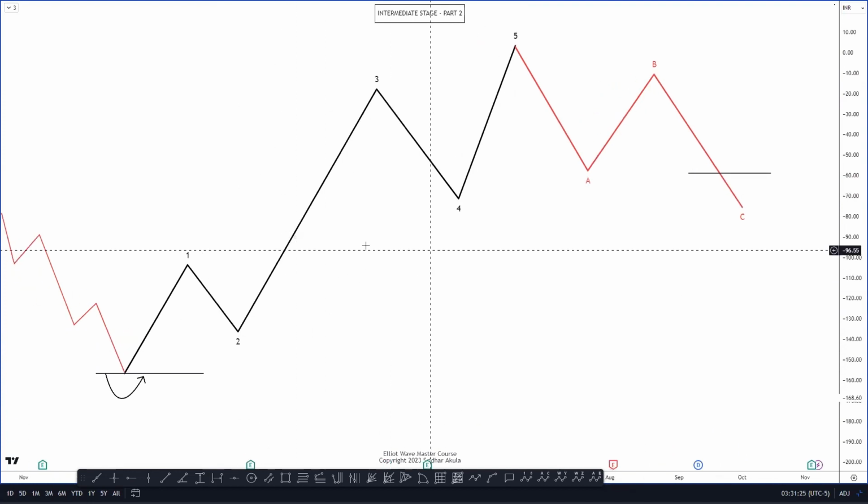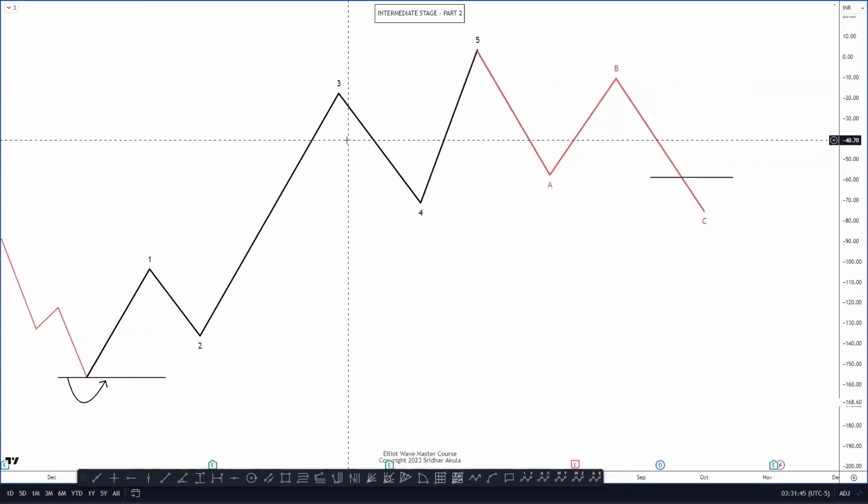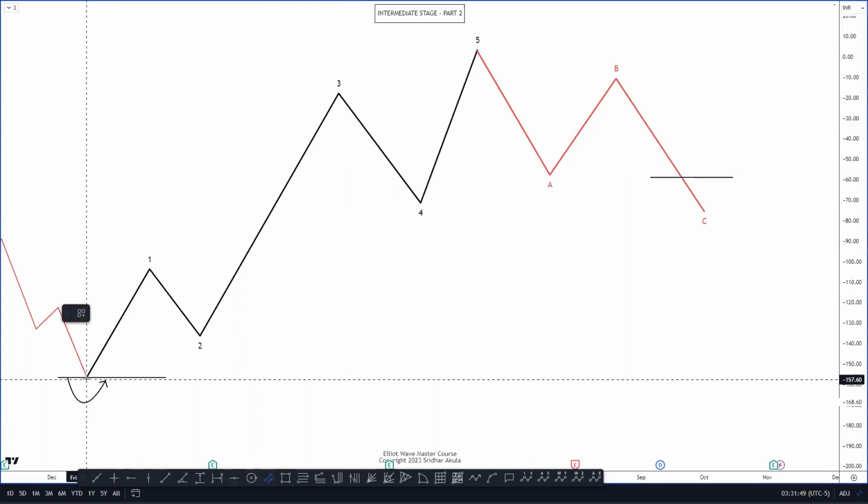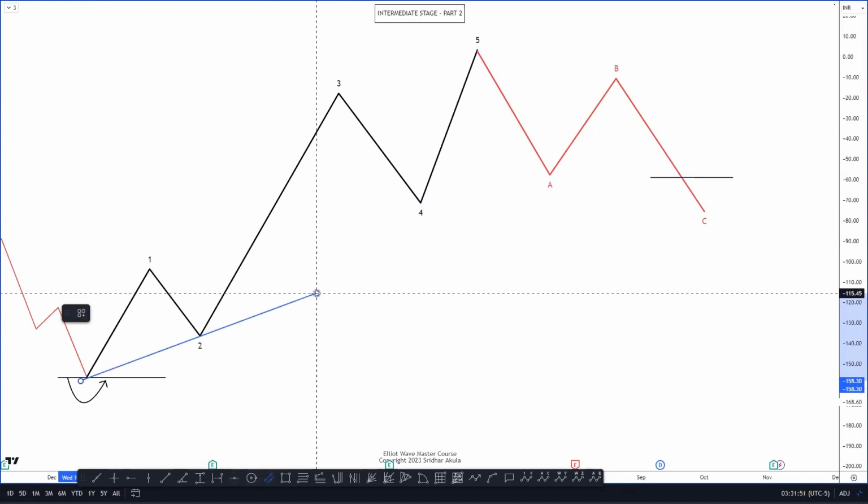Very simple. Again, in ABC, if you want to calculate wave C, you need point 0, A and B. So 3 touch points. You cannot calculate a channel for wave 2 because the previous touch points are not there. Only 1 and 0 are there. Before that, there's nothing. Okay, very simple. So we have the price channel line for wave 3. If you draw the price channel line like this,